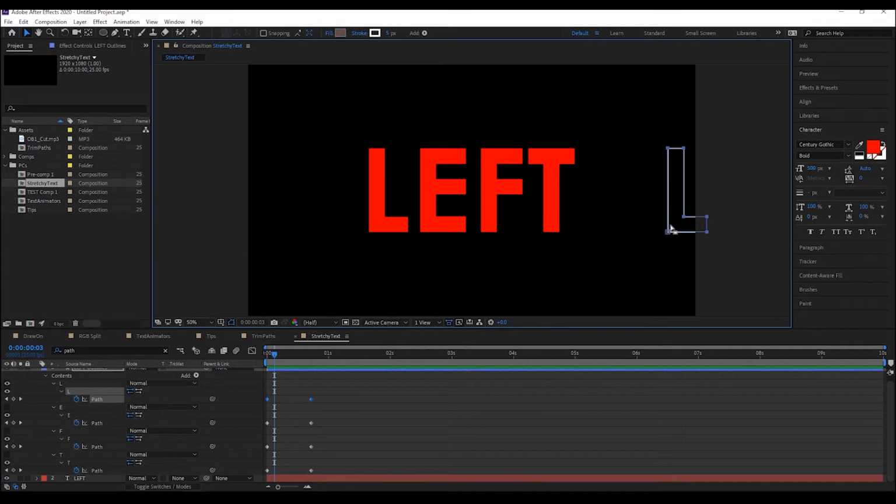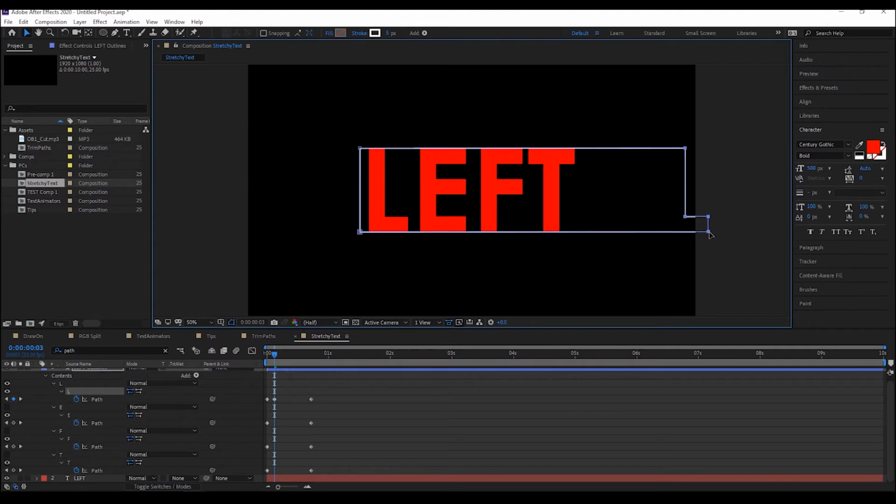This will deselect this one corner as all the rest of them are currently selected. Next we'll select this corner so that this one is selected and all the rest deselect. We'll hold down the shift key to also select this top left corner. We'll now click and drag these so that they come slightly past the resting point of the letter. We'll then select all the anchor points for the rest of the letter and drag them back off the edge